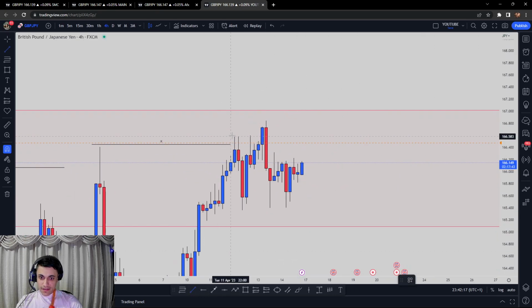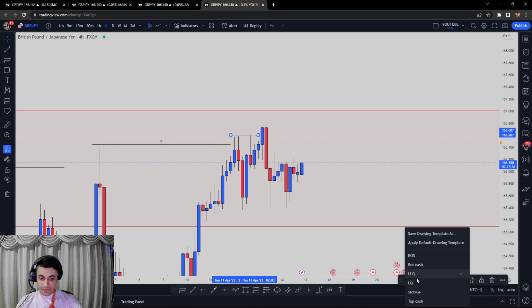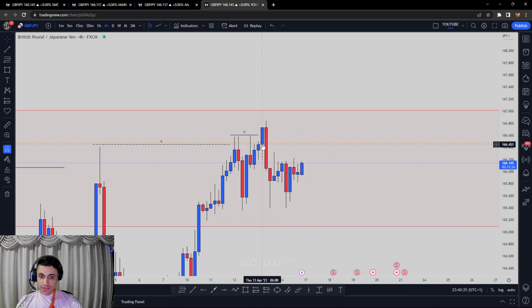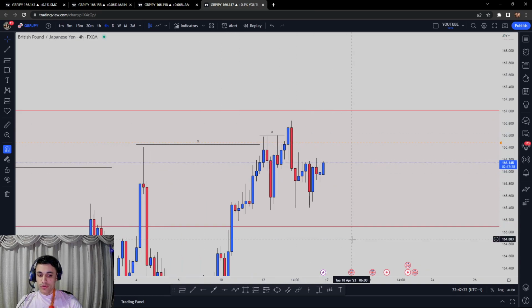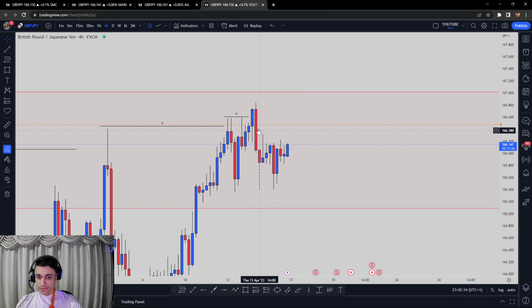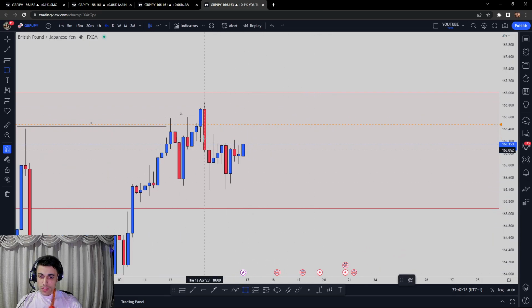Look at this again. It created more liquidity around this area, and boom, it got grabbed again. Liquidity right there, boom, pierced through up to the upside, took everyone out again, and then boom, we have this beautiful, beautiful bearish engulfing, right? Beautiful bearish engulfing, and this OB right here